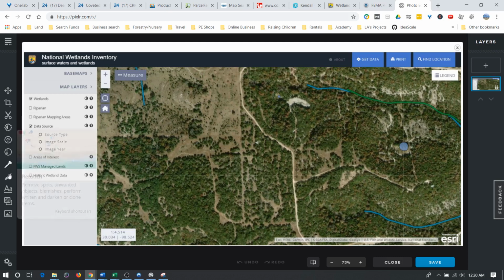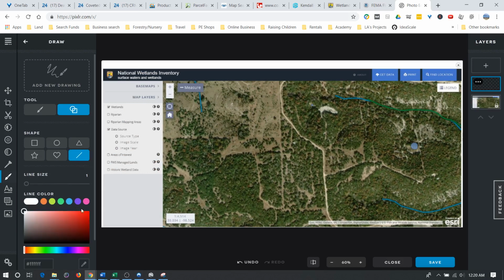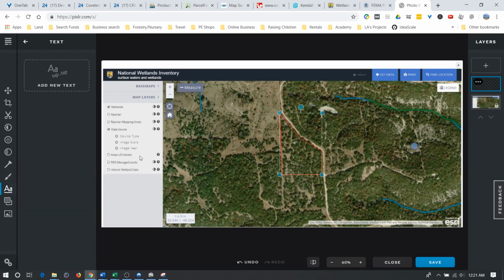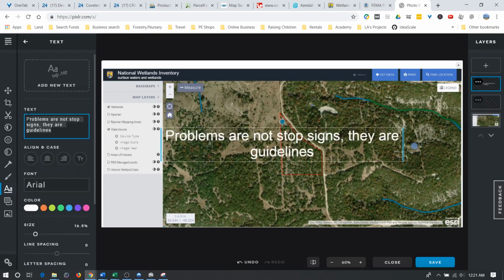All right, and we'll do the same thing. We'll draw a quick border around the property. I'll use red again since, yeah, something like here-ish. I don't know why it picks the worst fonts I've ever seen, but